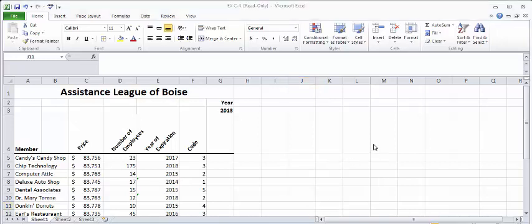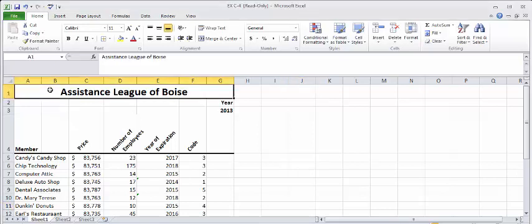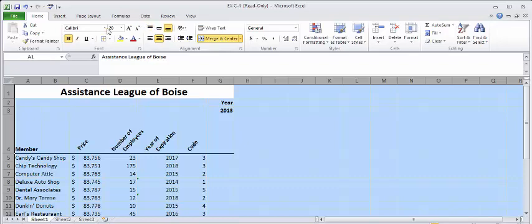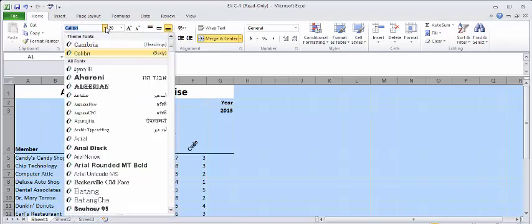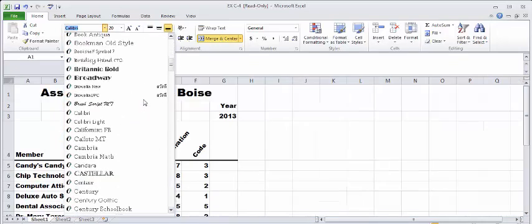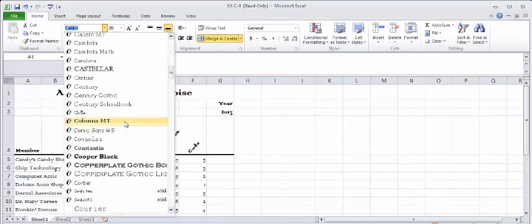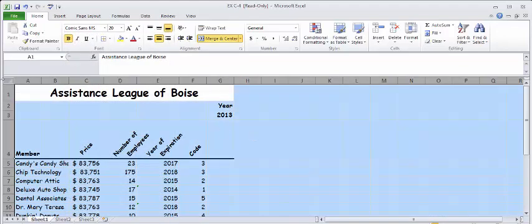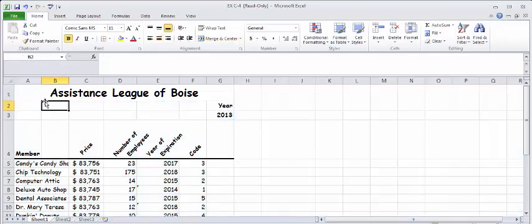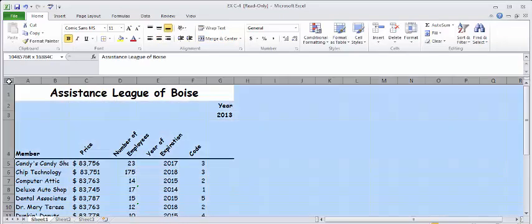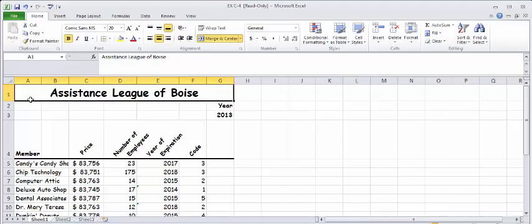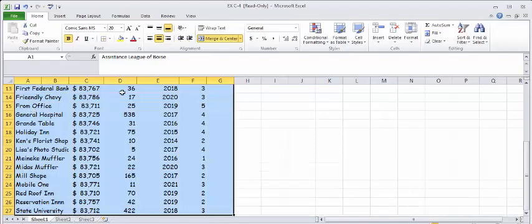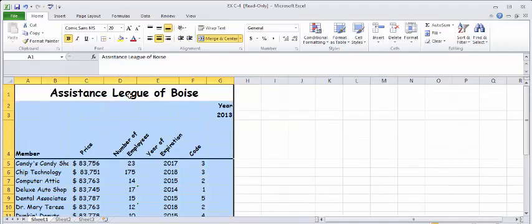Another thing is if you want to change the font. Okay, we've got Calibri, and I told you one of my favorite fonts. I'm going to just go back to it and use it again. I'm going to select the font and change this to Comic Sans. All I do is click up here in this little box, and it selects the entire worksheet. I did this a little fast. Otherwise, you can be in any cell and press Control A, and it selects all text that is in the